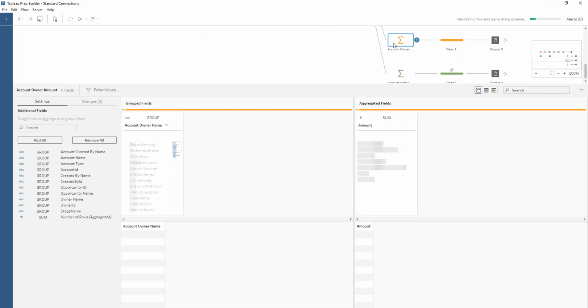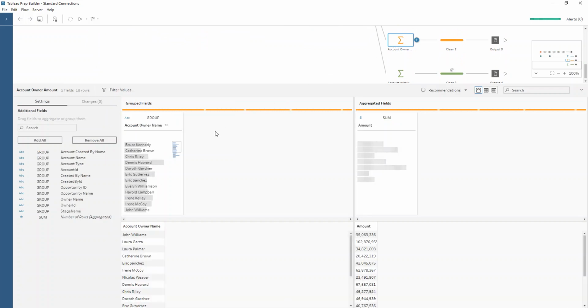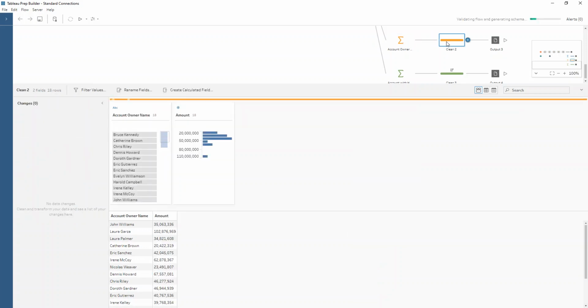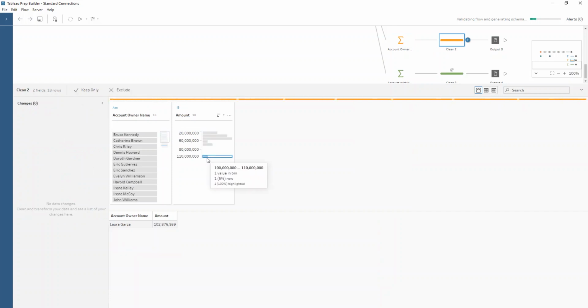Our second question is looking at the account owner name and the amount. So who is the account owner with the highest amount? So very similar, just instead of the opportunity owner name, we do the account owner name. And in this case, the account owner with the highest is Laura Garza. And finally, our final